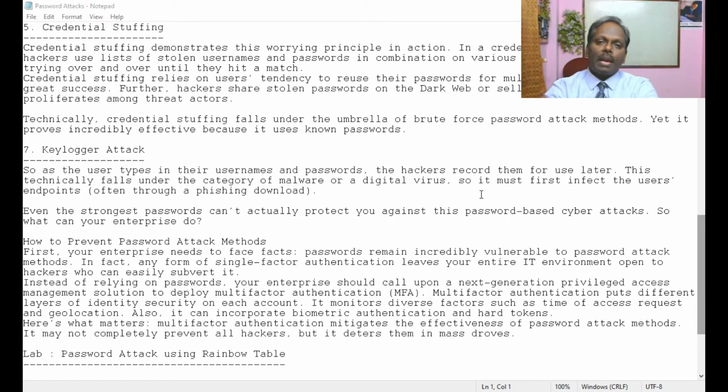So in this way you can secure your accounts from password attacks. Okay, so this is, and also the second most important thing currently the organizations use is